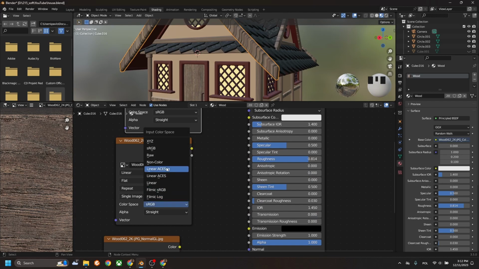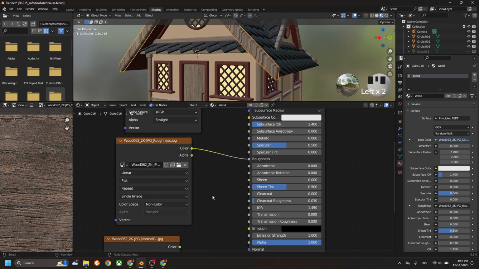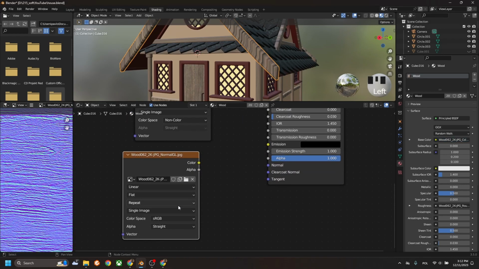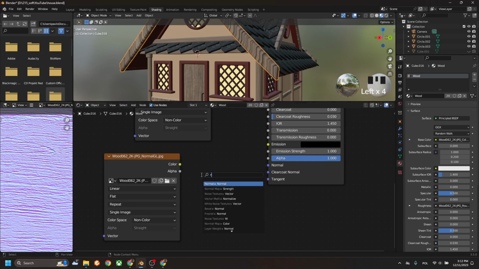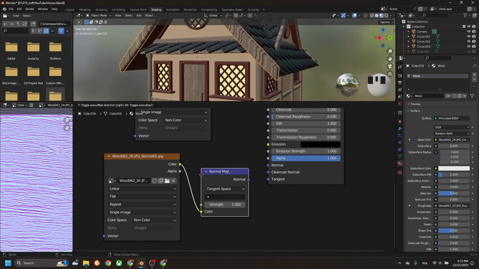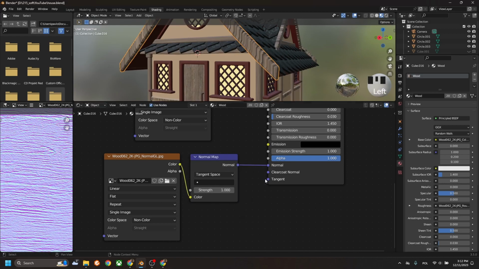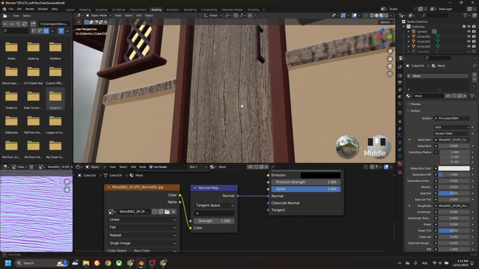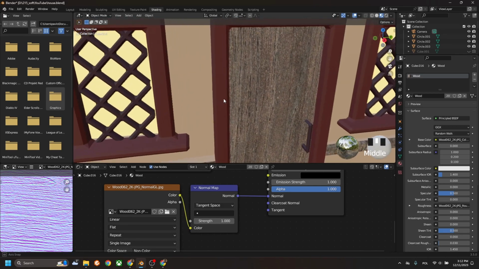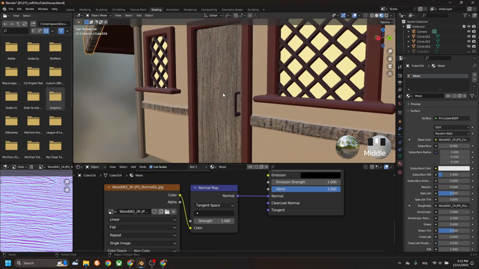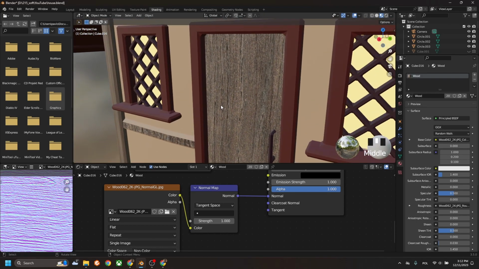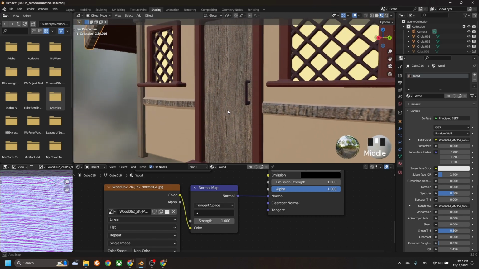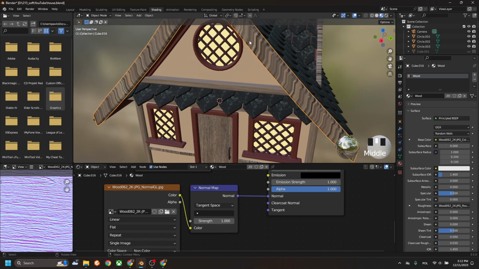So I will just plug in the roughness, set it to non-color, and connect it to roughness. And the normal GL, I will set it to non-color, connect it to normal map color, and just connect it normal to normal. Okay, as you can see here, on the doors, it looks pretty great. It could be better, yeah, if we just adjust the texture, paint over it, add some more details, it could be much better. But for now, just a simple application of a texture, this is looking great. Which I cannot say about, for example, these parts,